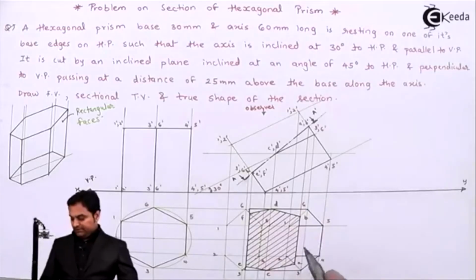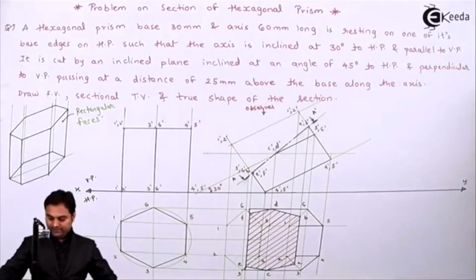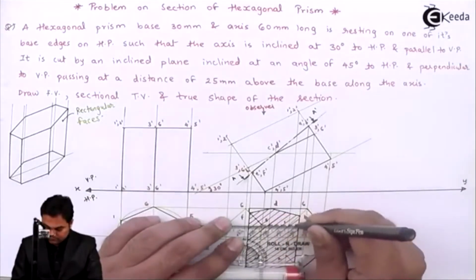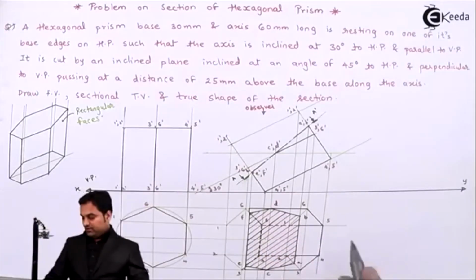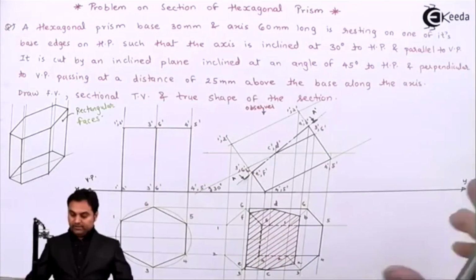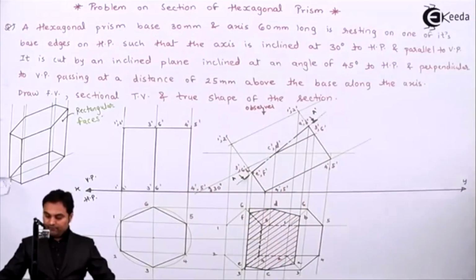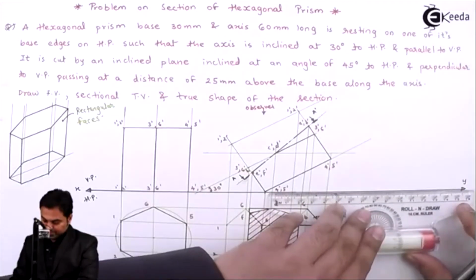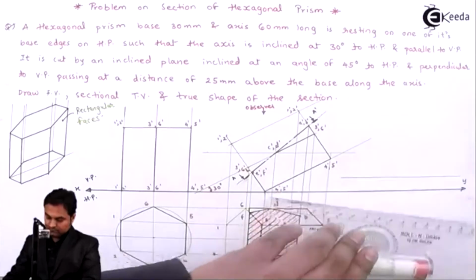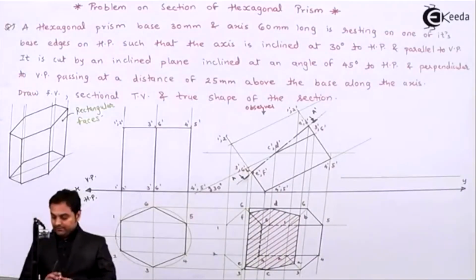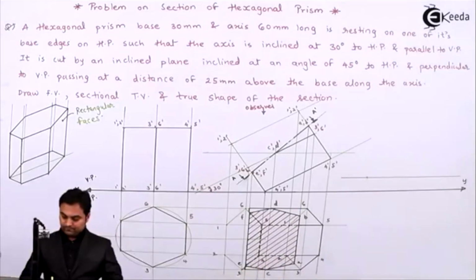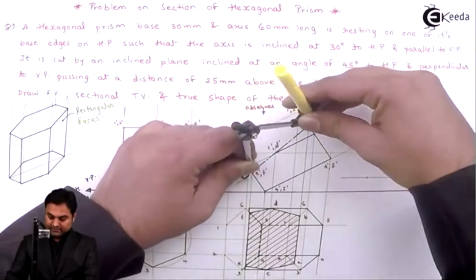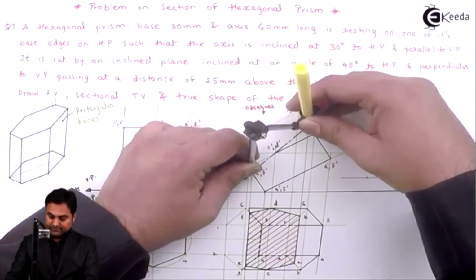Next, after completing this, here is the cut section. I'll draw the hidden line inside this. So this is the complete sectional top view. Then I have to draw the true shape of the section. For that, I'll make this cutting plane parallel to HP or XY line. Measuring the distance of the cutting plane, that is where it is in contact with the hexagonal prism, from E dash F dash up to A dash B dash, it is in contact.